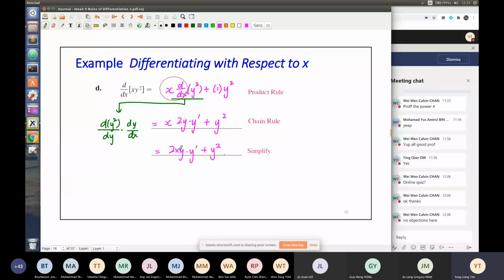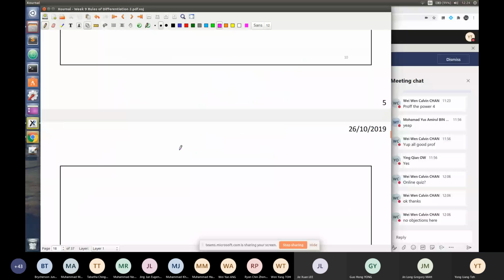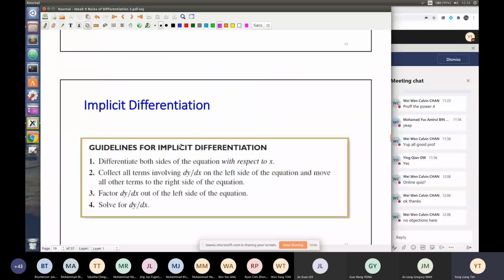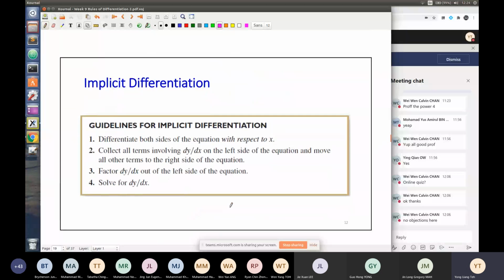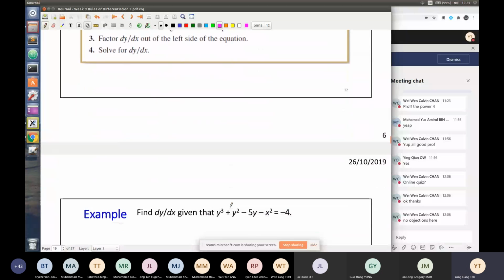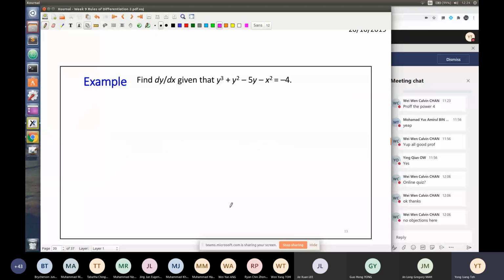Excellent, moving on. Okay, so this is repetitive. So let's do this together. So find dy dx given this. So this is very clear. I think it's not easy or maybe impossible to factorize out your y term from this polynomial. So we're just going to